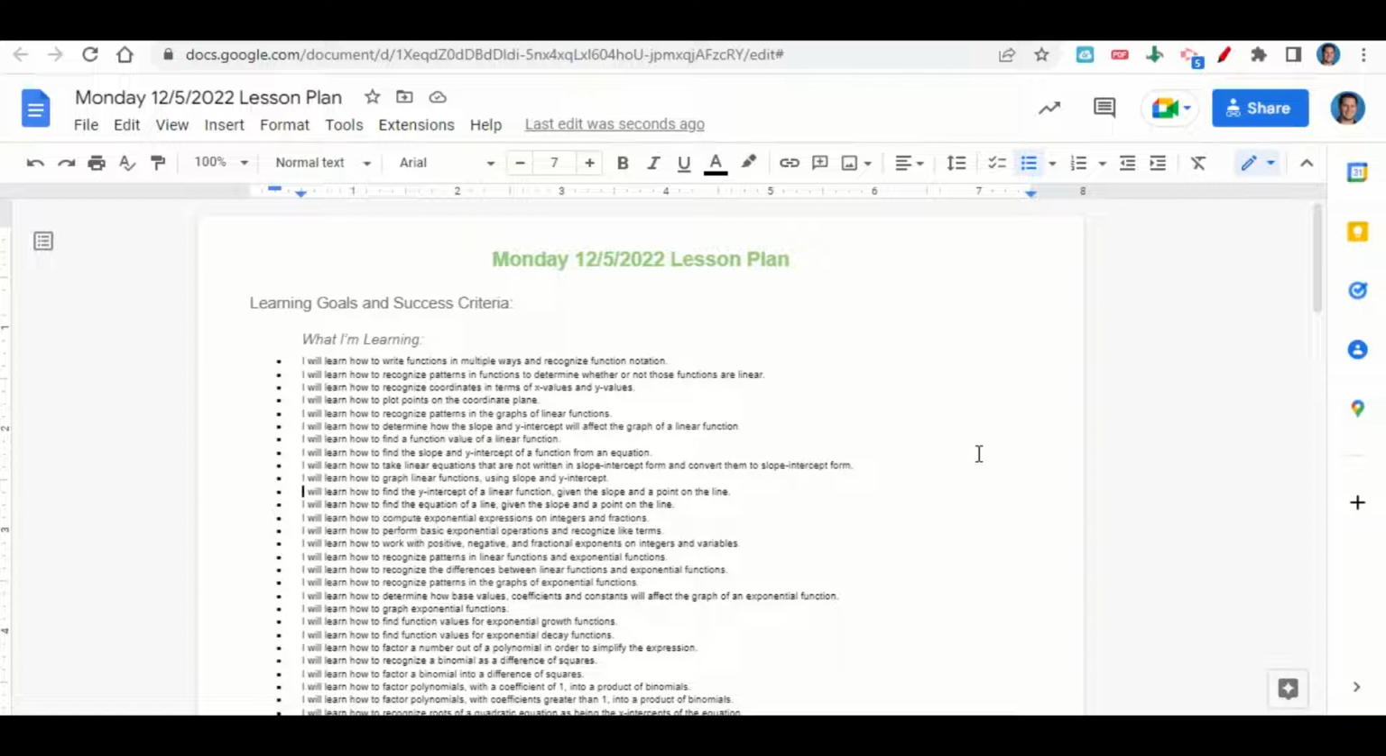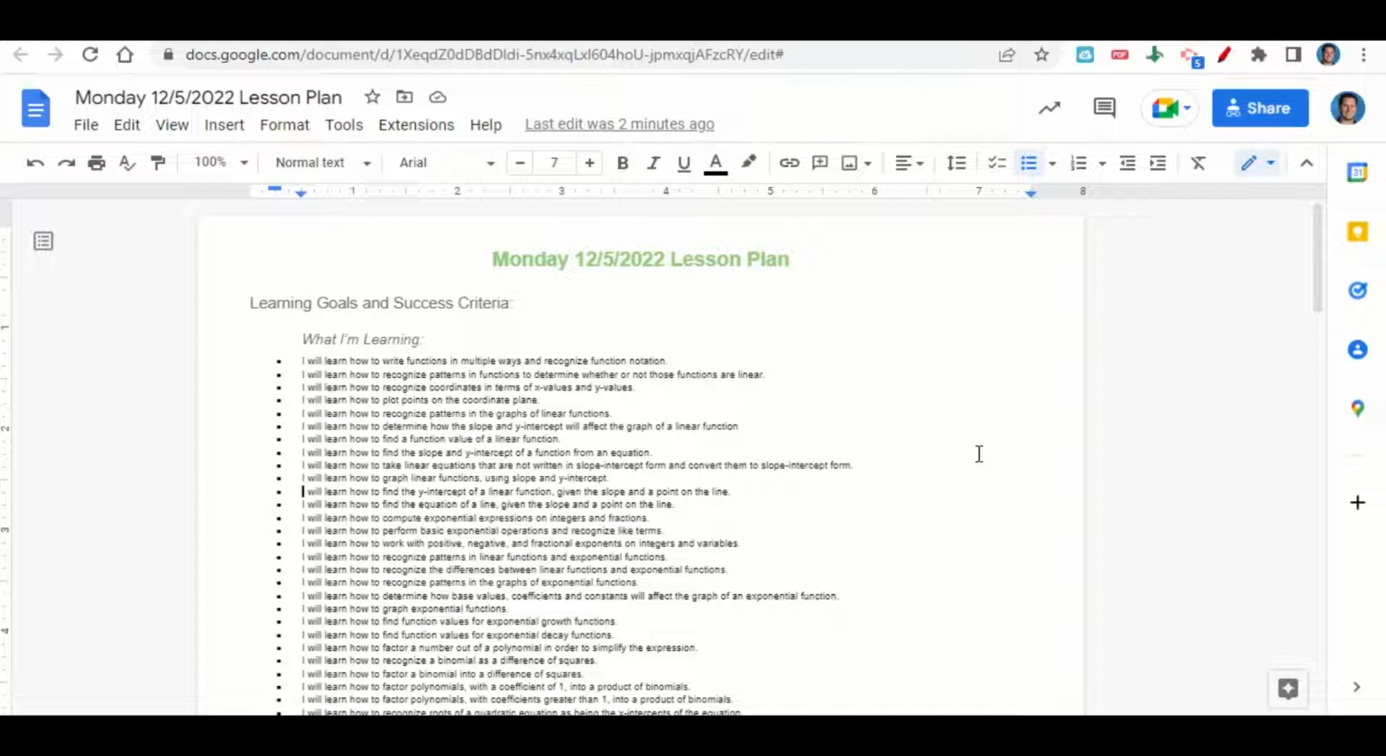linear functions using slope and y-intercept, find the y-intercept of a linear function given the slope and a point on the line, find the equation of a line given the slope and a point on the line, compute exponential expressions on integers and fractions, perform basic exponential operations and recognize like terms, work with positive, negative, and fractional exponents on